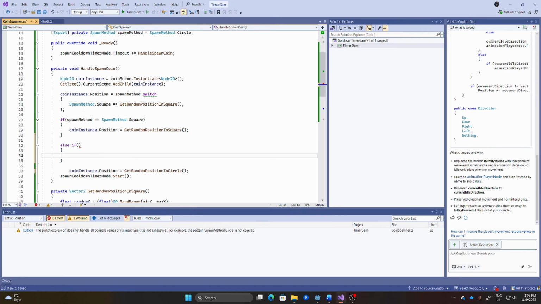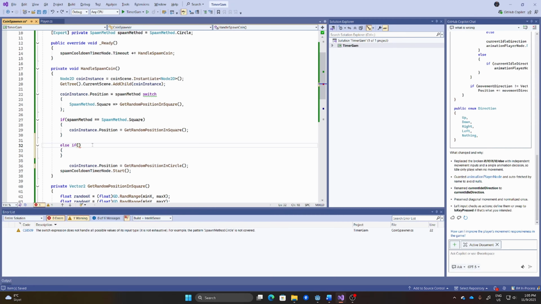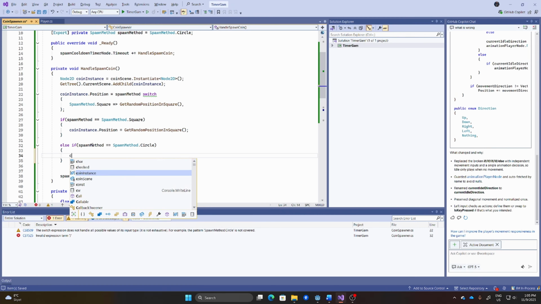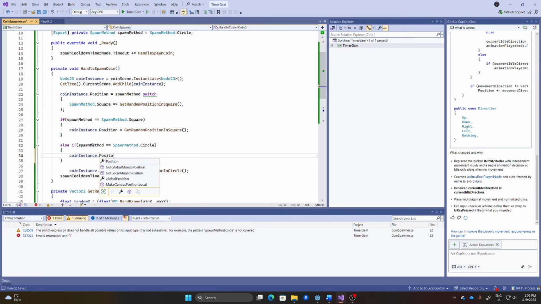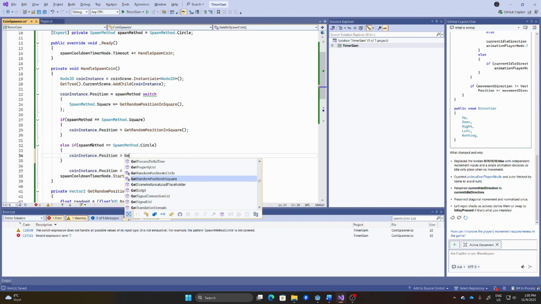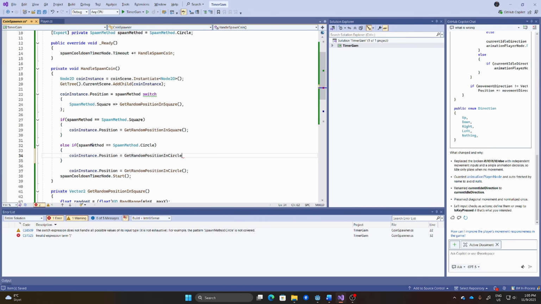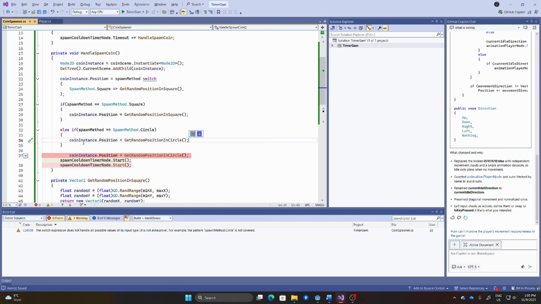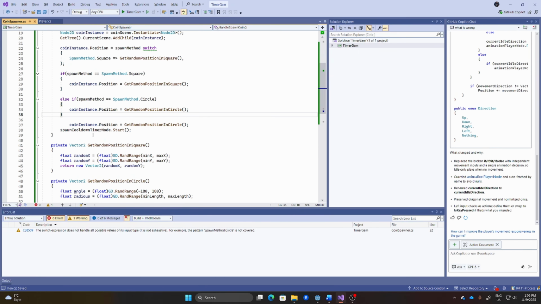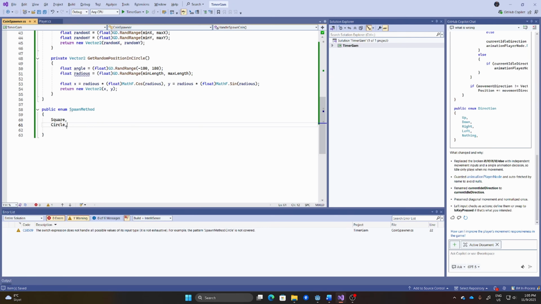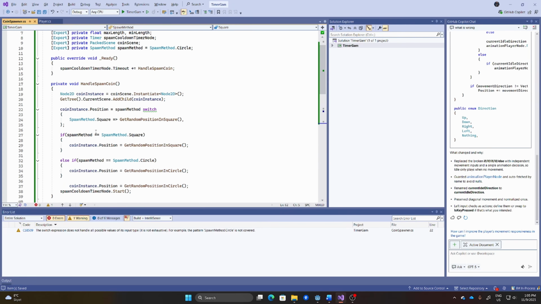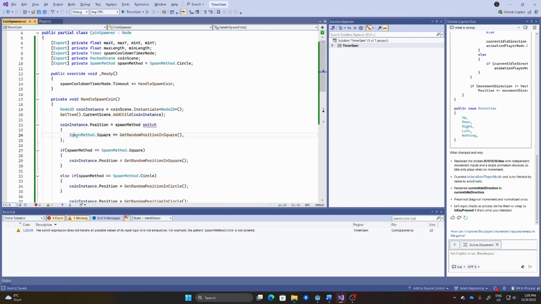Else if spawn method is equal to spawn method dot circle, and now you can go in here and say coin instance dot position is equal to get random position in circle, like that. And you can keep on going with these else if statements if you find no solutions to this problem. So that's the reason we create this.